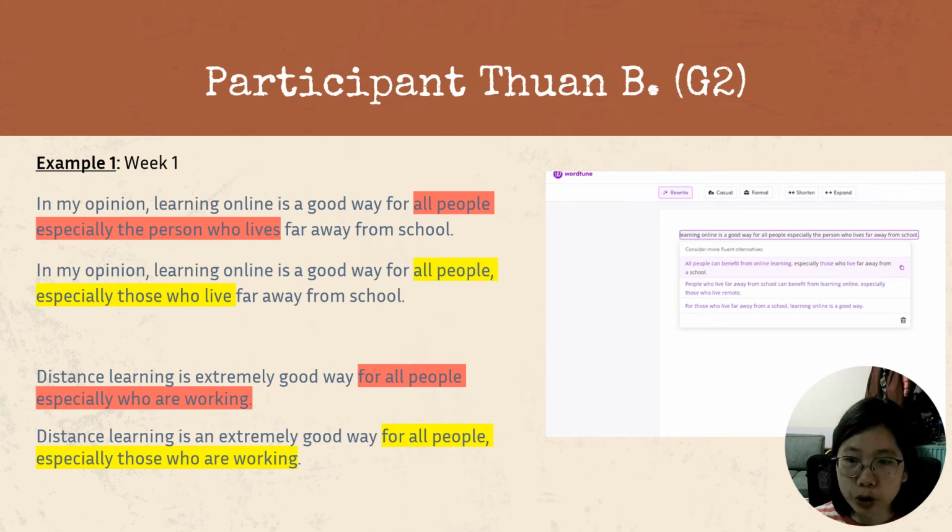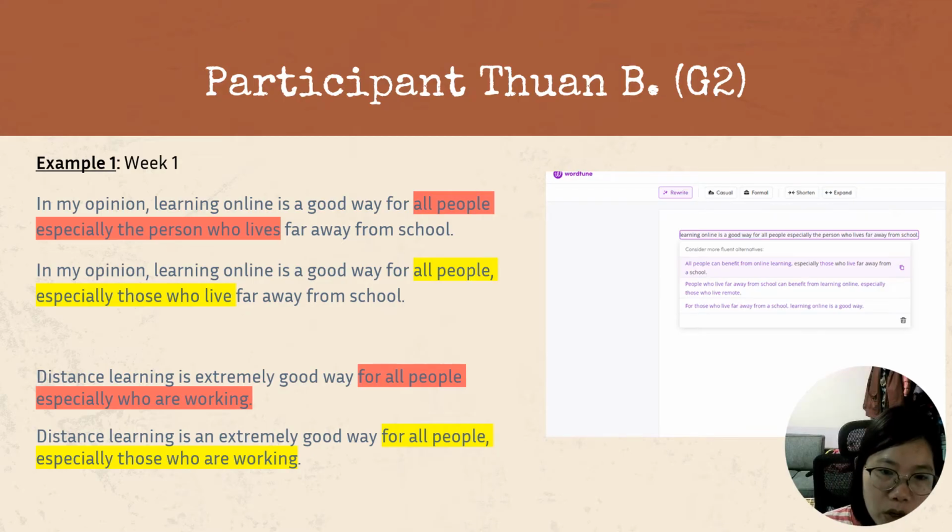So now I will show you the qualitative data of this particular participant. In week one, the original version is in the red shade, and the revised version is in the yellow shade.